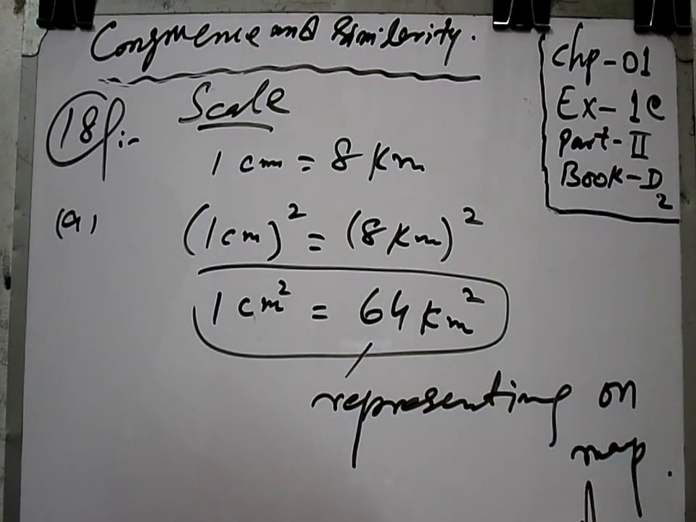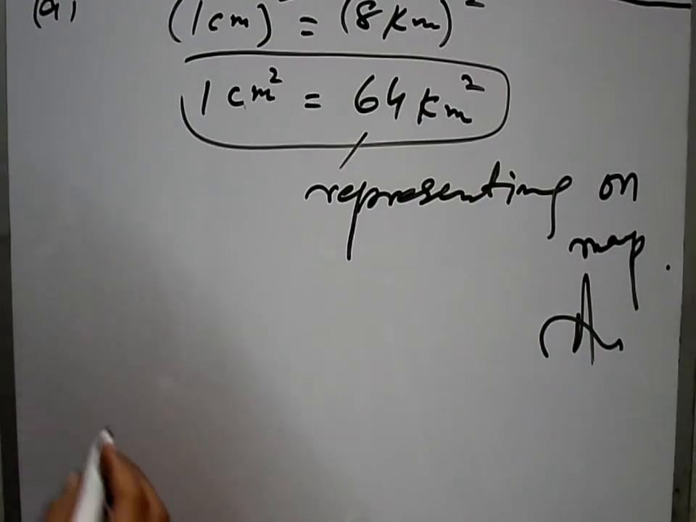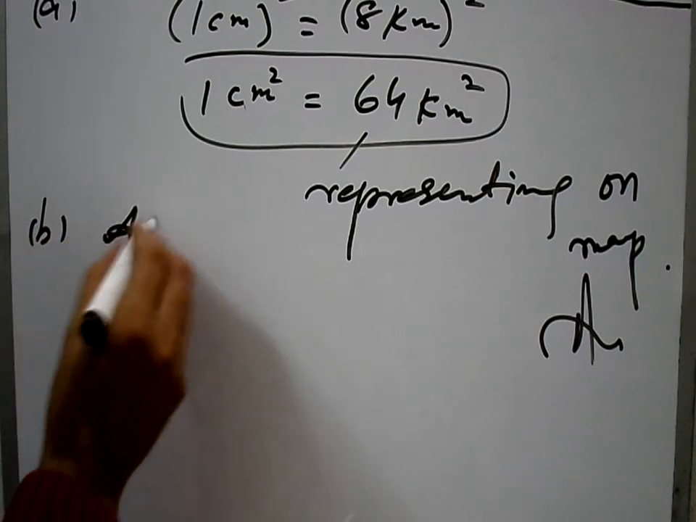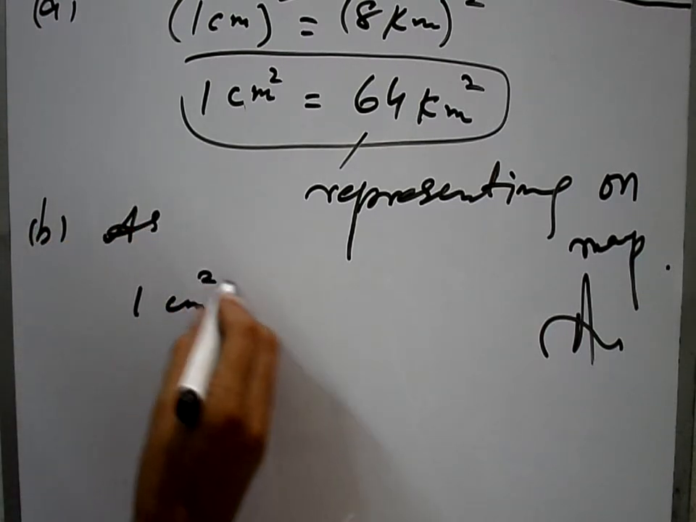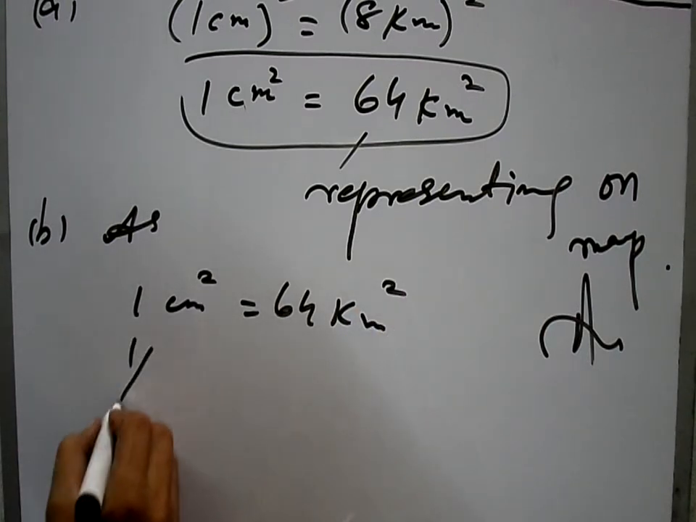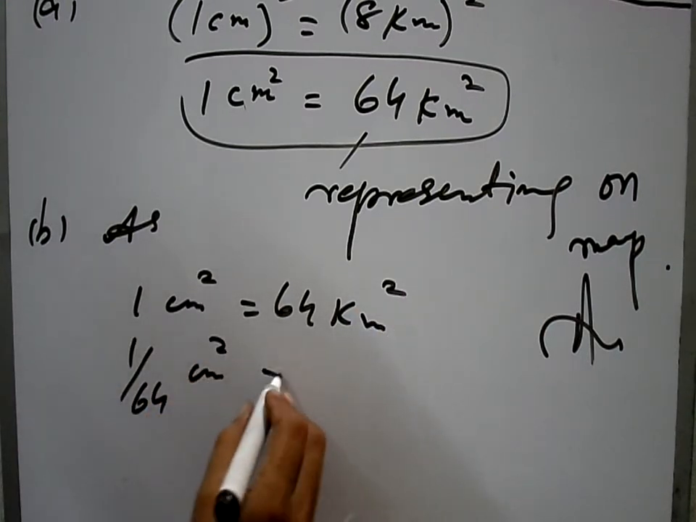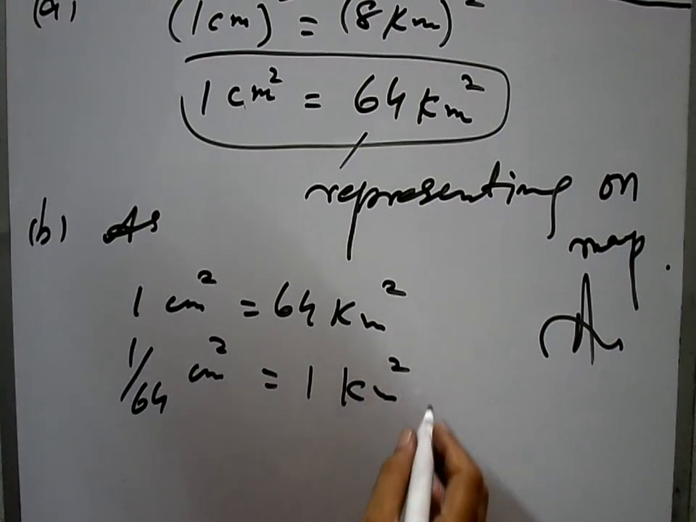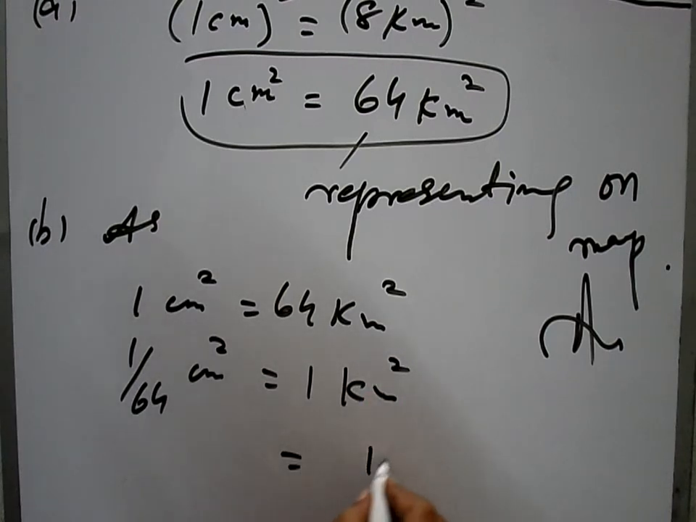That is your A portion. So in B portion, as 1 centimeter square is equal to 64 kilometer square, so 1 by 64 centimeter square is equal to 1 kilometer square. So we need 128 kilometer. How much? So okay,